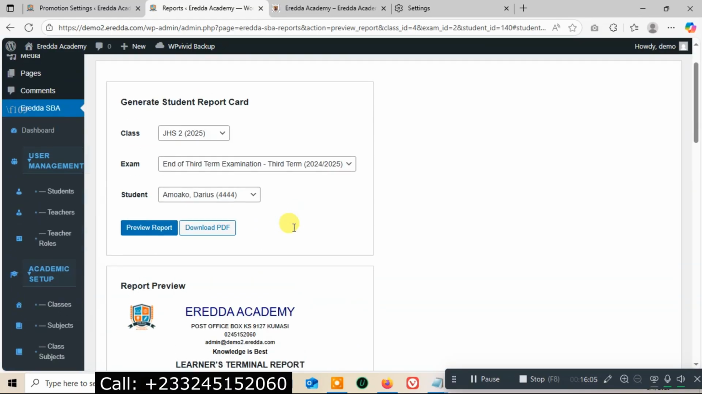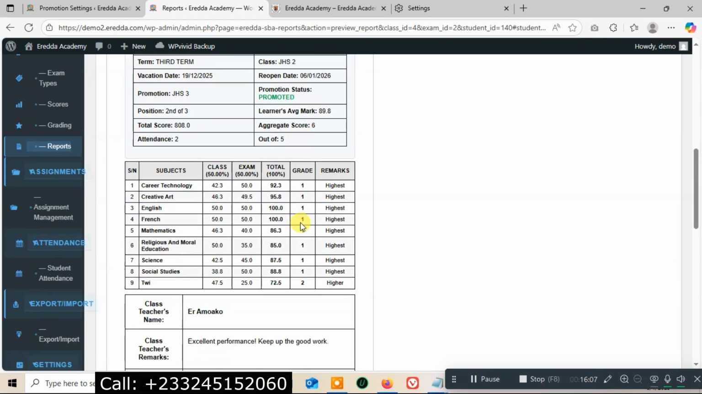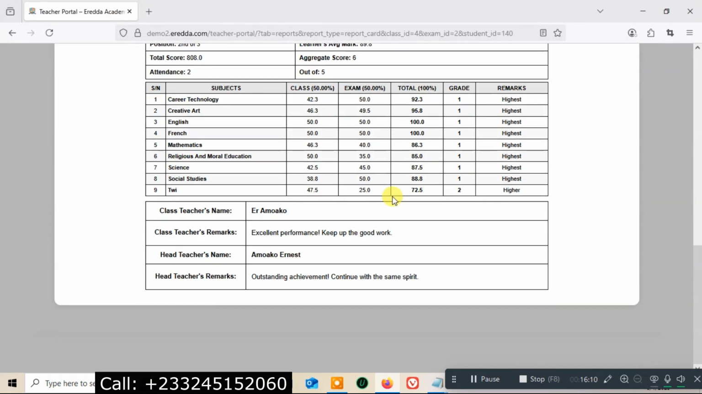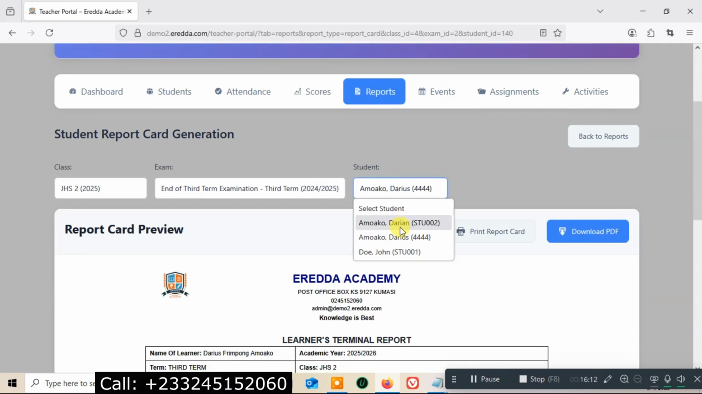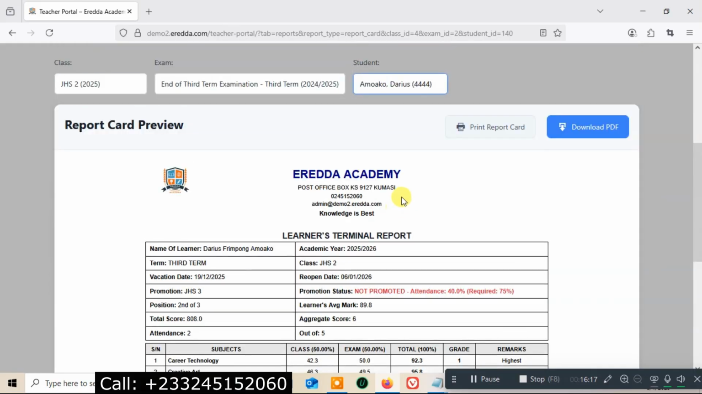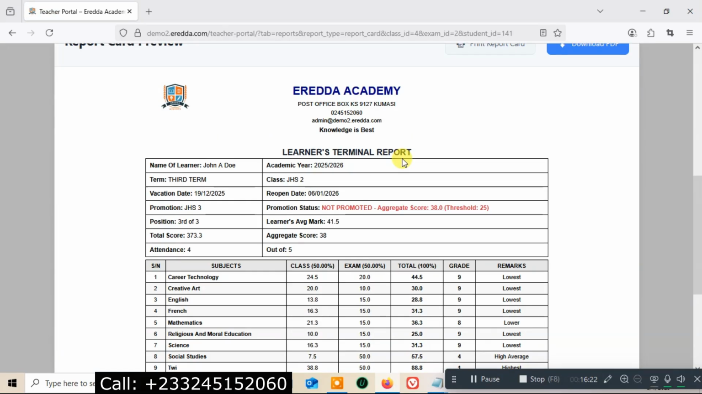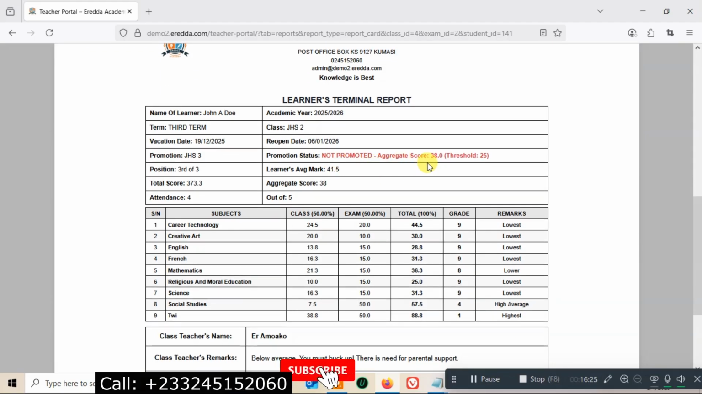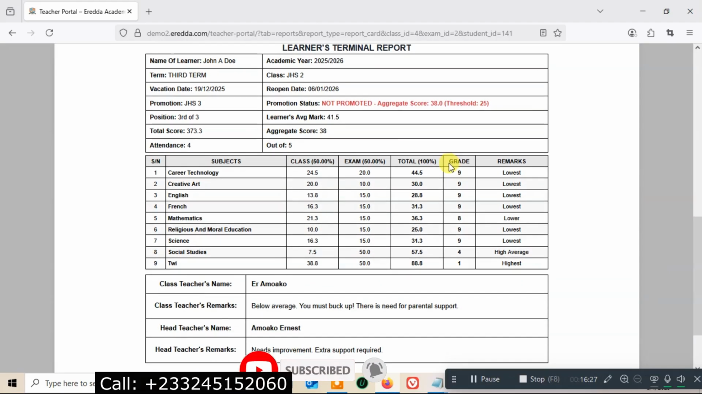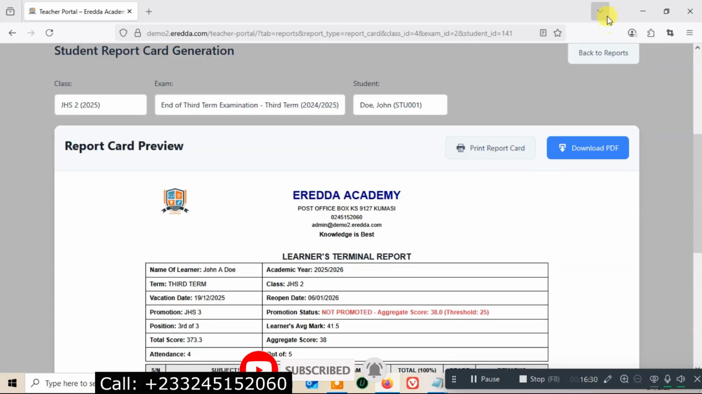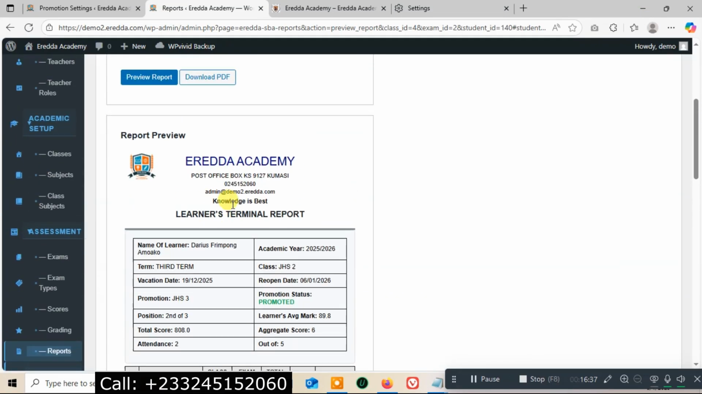So he's now promoted, and we can download the report card. Let me download it from here. So here. Okay, so let me change to John Doe. So John Doe not promoted, a grade score 38.0. So I think here the changes are not taking place. All the settings that I've done, I have to delete the browsing data. I don't want to go through that. So let me download. I can download a PDF from here